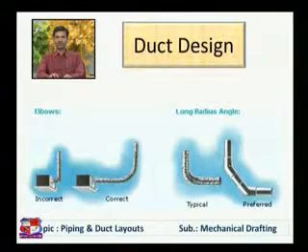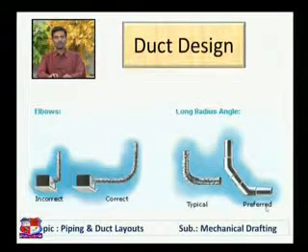So here a 45-degree elbow is used. Of course, here two elbows would be required, here 90-degree elbow is used. So the initial cost of this design would be less, and the initial cost in this case would be higher because of the connection of two elbows, but the operating cost would be lower in the second case. In the first case the operating cost would be higher, and frictional losses and noise would be higher. In the second case both would be less. So these are the design criteria for the duct.